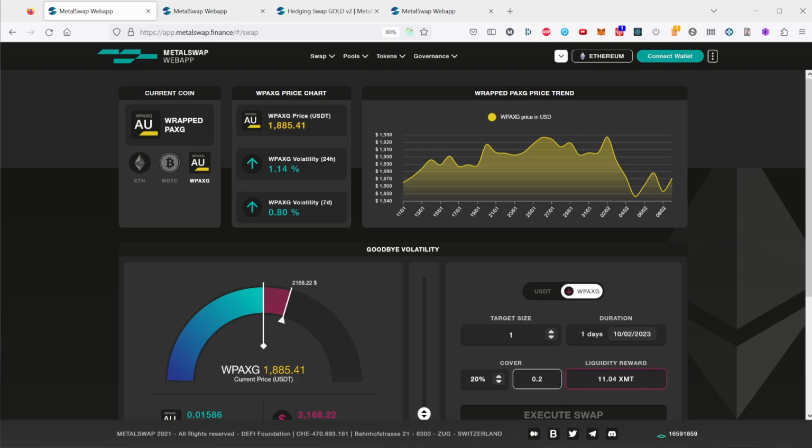How to use the MetaSwap protocol to open hedging swaps position on the gold asset. On the screen you can see the MetaSwap web application sections regarding the wrapped PAX gold digital asset on the main